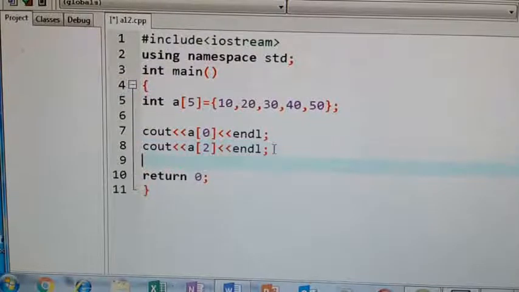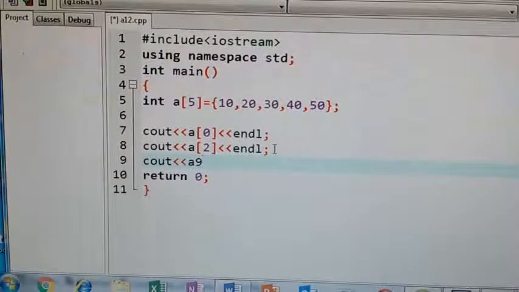This is your second element. If you want to print a third element, just give the array name and give the memory index number of that particular element.